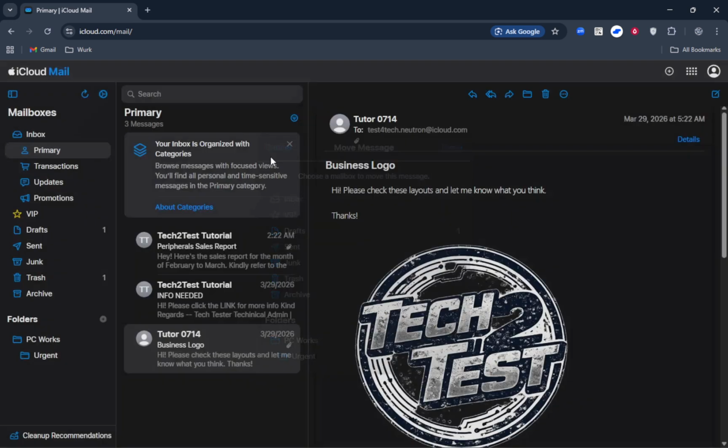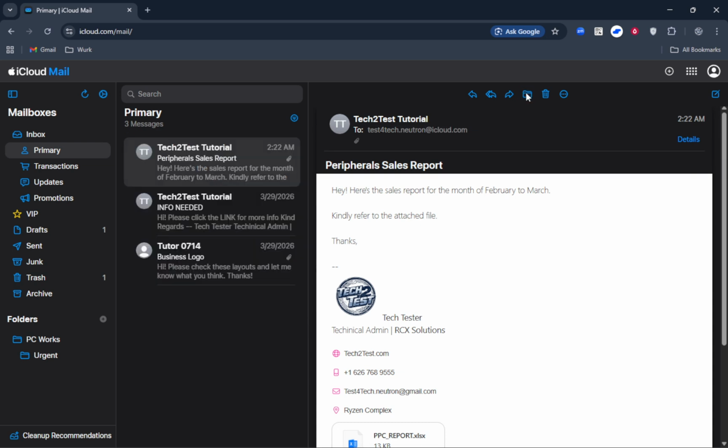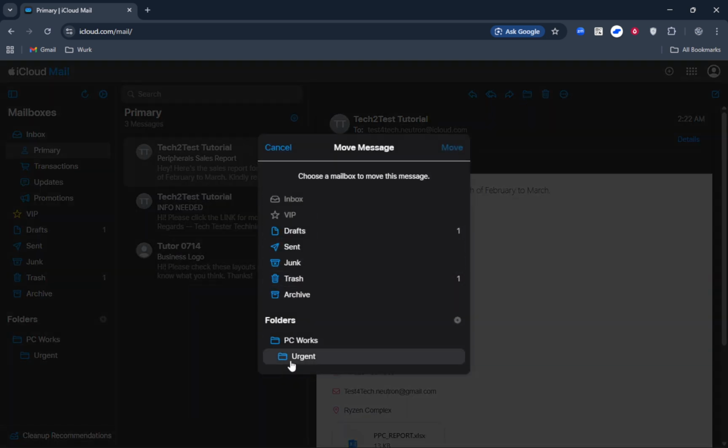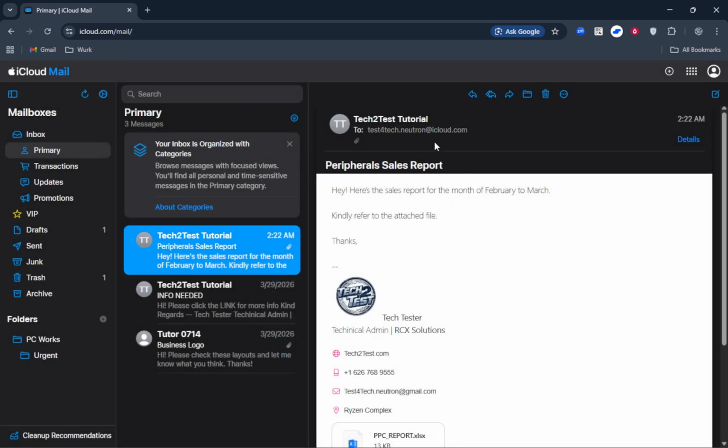On many versions of the iCloud web interface, you can also drag and drop. Select the messages, then click and drag the selection over to a folder in the mailbox sidebar on the left. When the folder highlights, release the mouse to move them. If drag and drop isn't available in your current web view, just use the Move button as we did a